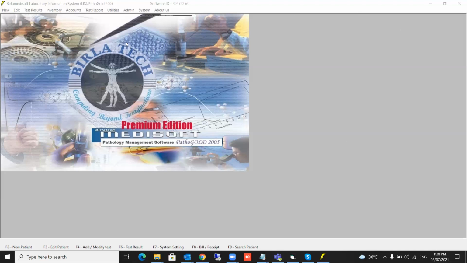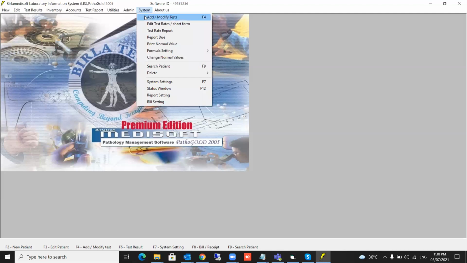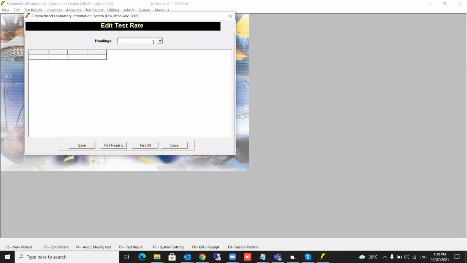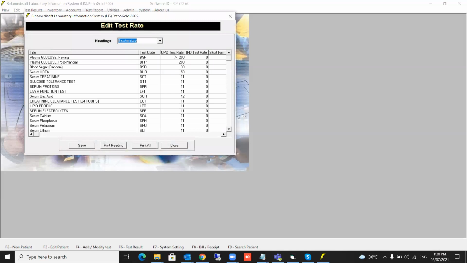So how do you define the rate list? You go to the system menu. In the system menu, you go to the add edit test rate option. In this option, you select any of the groups. Let's say I select biochemistry, and you will see that there is an OPD test rate and there is an IPD test rate. So you have to define the test rate over here.